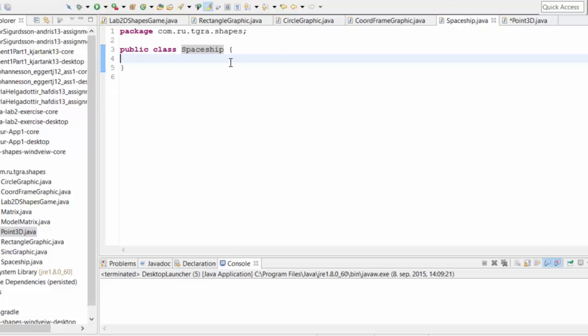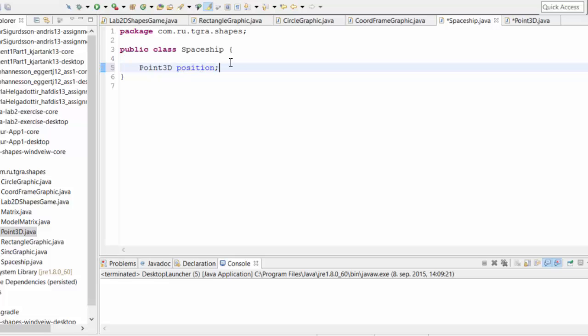So our spaceship needs a location. Point3D position. Okay, and I am going to make a display function here. Once we start making the functions, we'll see what stuff we're going to be needing